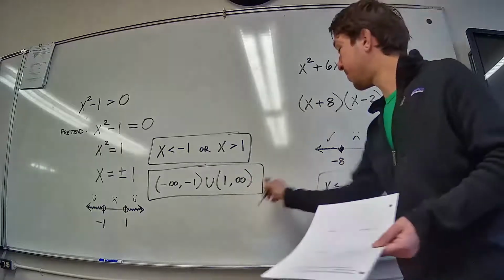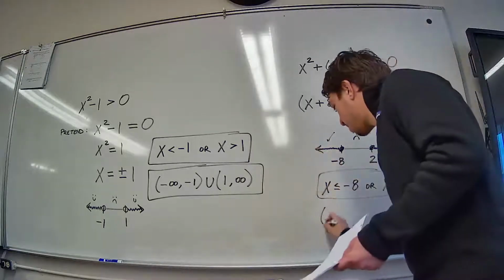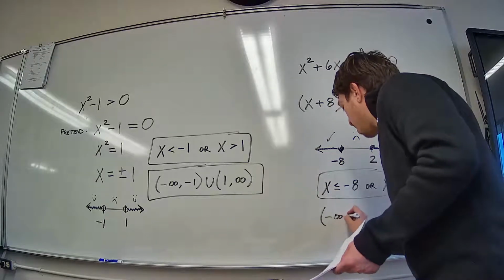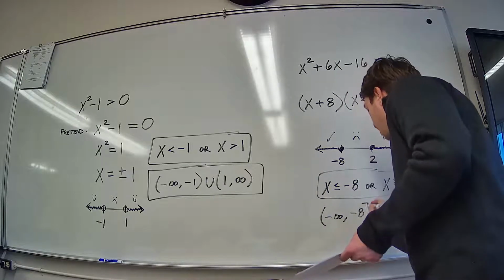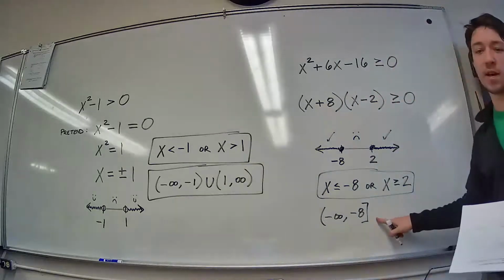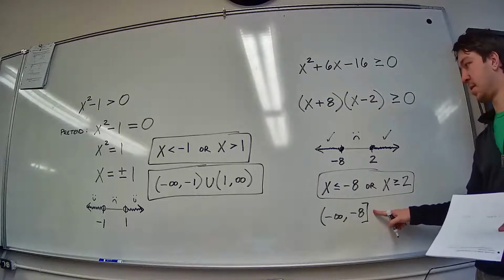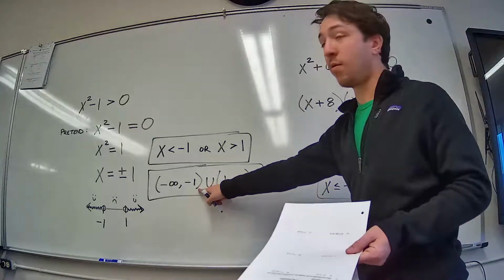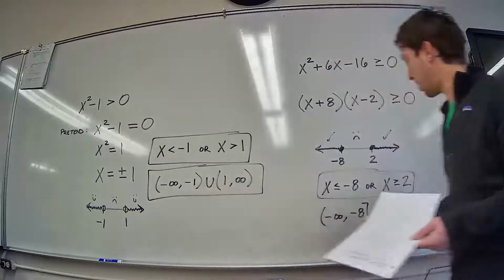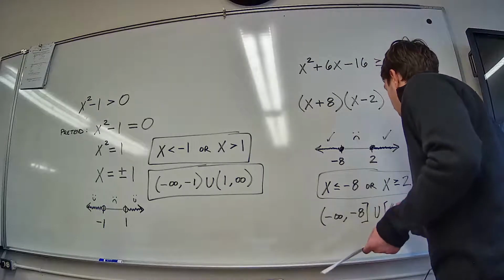Using our new notation, you'd go, okay, every number from negative infinity up to negative 8. And a square bracket tells you that you're including that value. Negative 8 actually does count. So curved bracket means you don't, negative 1 doesn't count as a solution, but here, square bracket means it does. And then union,